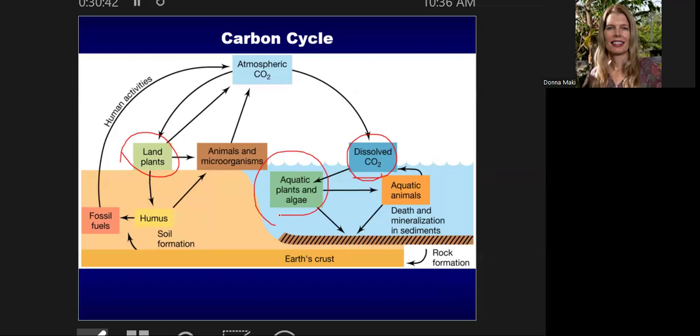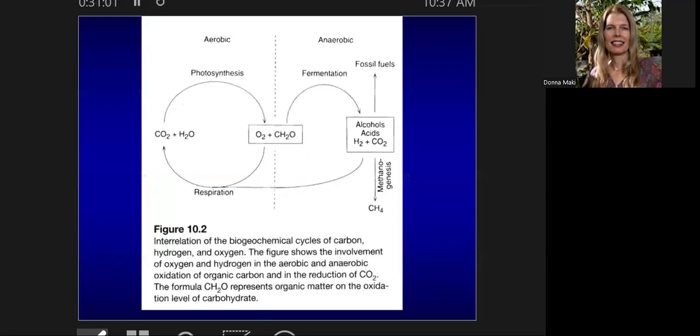But it's a very complex web of interaction going on. When you consider the carbon cycle, you really do look at all aspects of the earth, including the atmosphere, and even down into the Earth's crust as well. So very often you'll see something like this, where you have what's going on with carbon in terms of if you're in an atmosphere or an area that has oxygen versus an area that does not have access to oxygen, and what could be going on with carbon recycling.